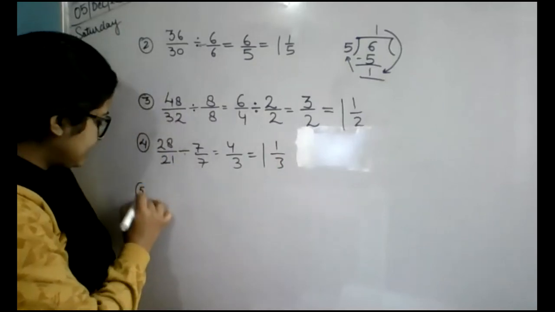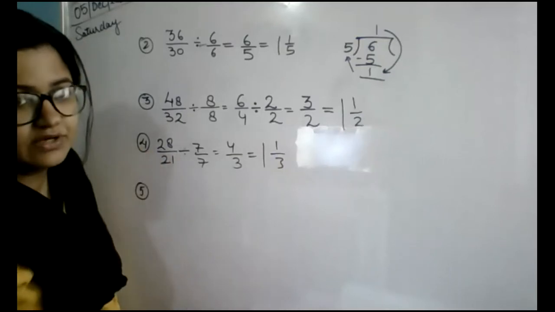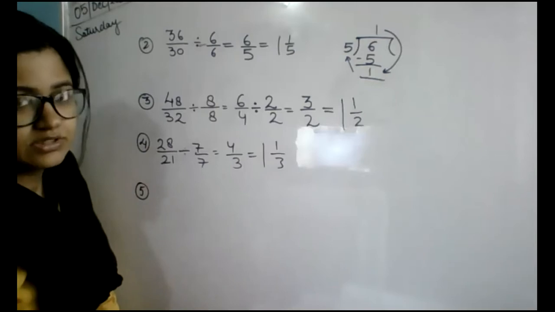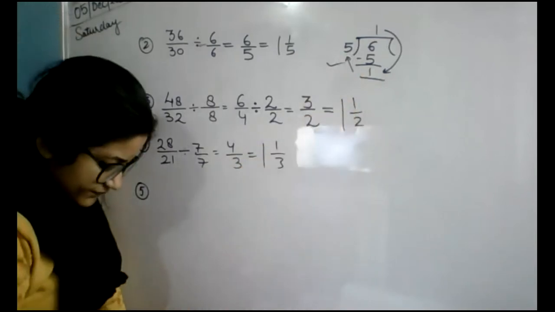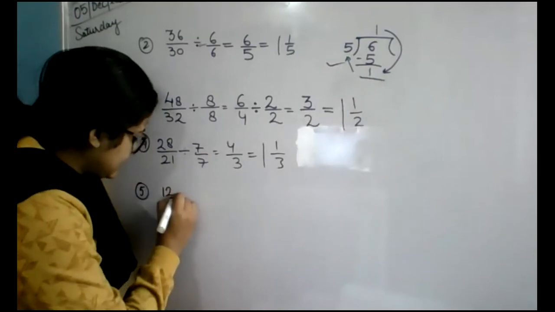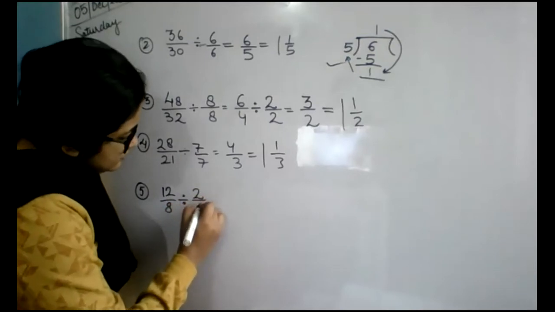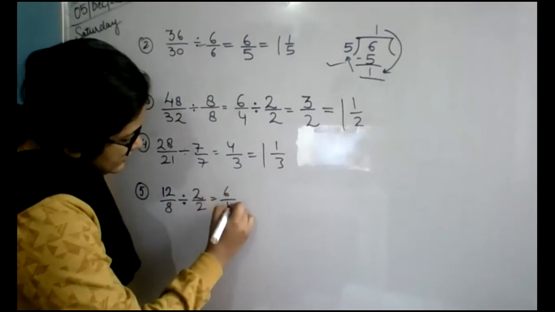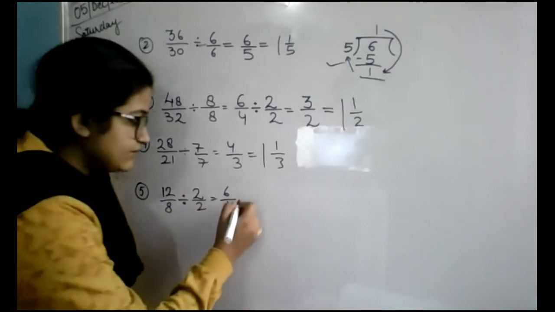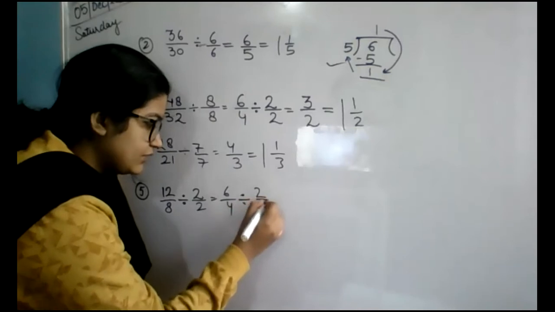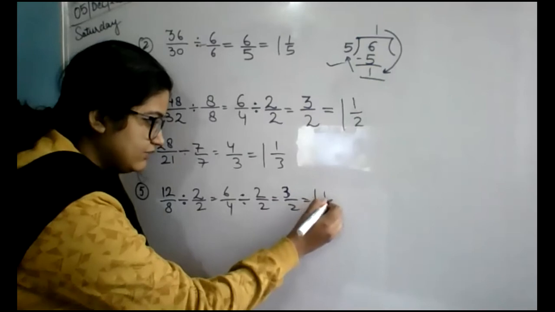Now the fifth one, I'm not doing the divide, but that is compulsory for you, because I know how to divide in my mind, so I just do it directly. But you all have to do it, that distribution part. Now, next one is 12 upon 8. Both of them are coming in the table of 2. 2 sixes are 12, 2 fours are 8. So 6 upon 4, again 6 upon 4 is coming. So divide them by 2 upon 2. That is numerator. 3 upon 2 again.